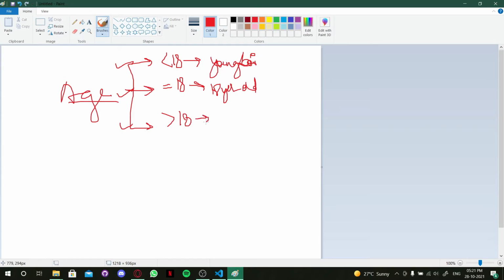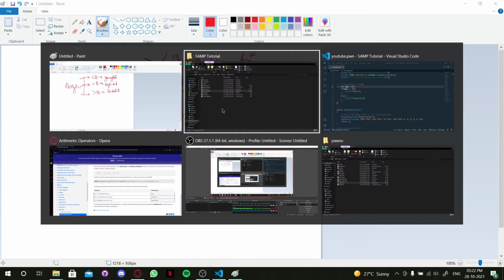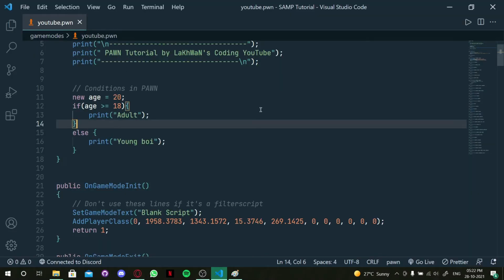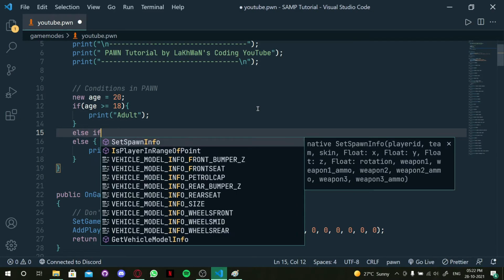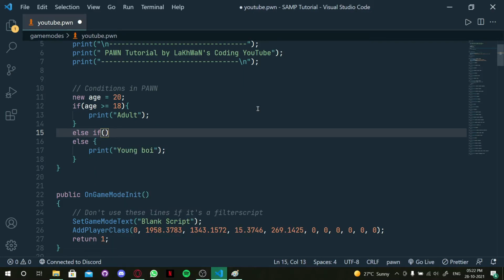And if it's greater than 18, then I will write adult. For that, what we have to do, just add one line in between. I will write else if. That means if that condition is not true, then check this condition. Age equal to 18,